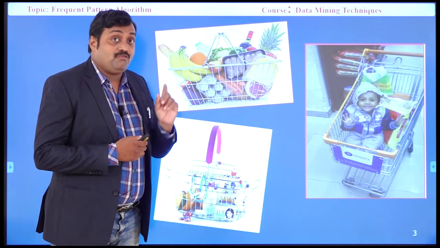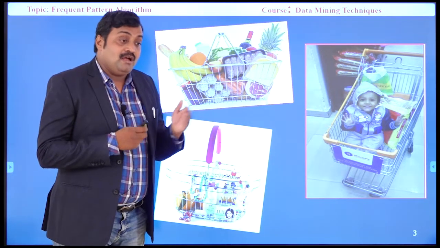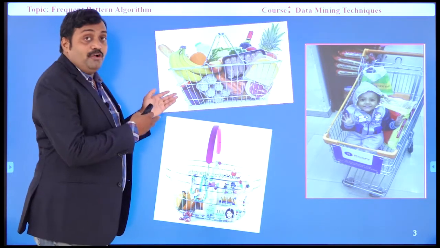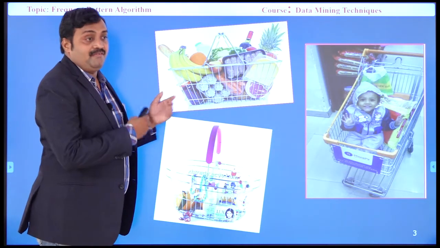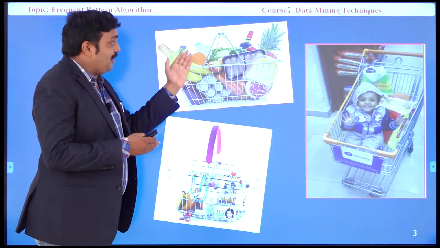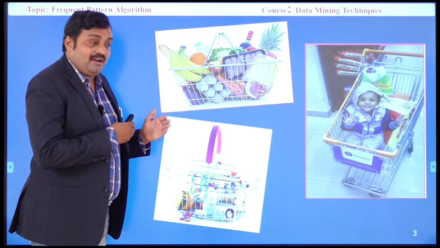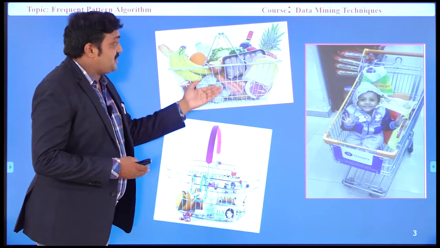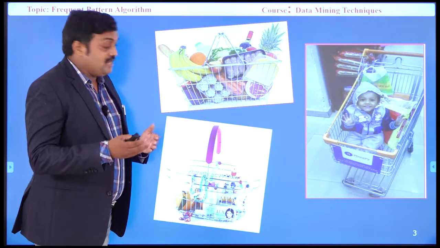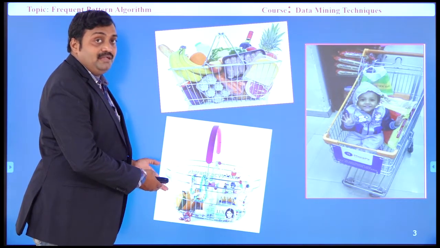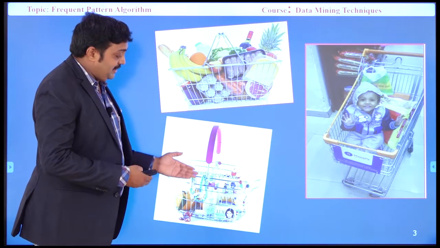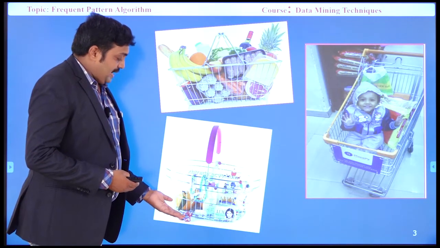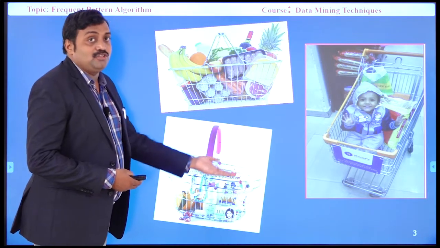I am not going to take only a single item, I am taking a group of items which is relevant to my kid. Like when I am going to the vegetable market for the week, I am going to purchase all relevant items for the entire week or 2 to 3 days, all fruits or vegetables. Suppose a girl went shopping, she is going to purchase relevant makeup kits, soaps, makeup related items, lipsticks, all those things.